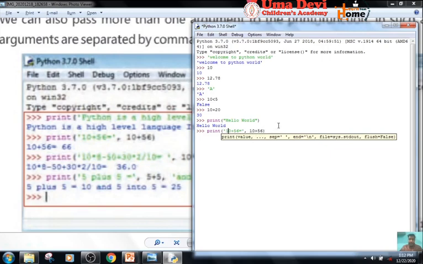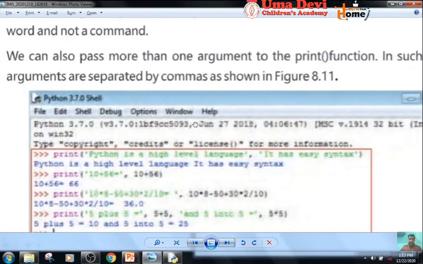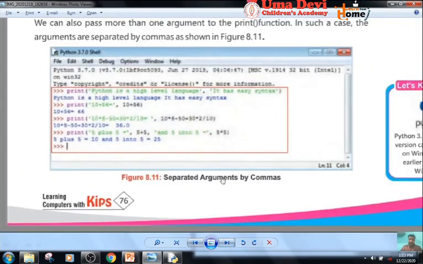Now I am going to press enter. The first argument was to write 10 plus 56 is equal to and the second was to print the result of the addition of 10 and 56. So we have got 66 here. Like this we can separate arguments by commas and get more results.